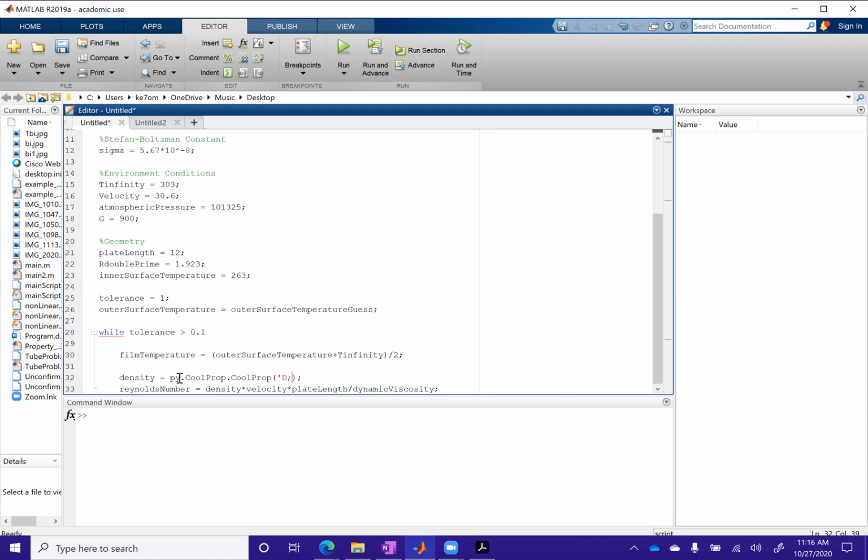Okay, and we're going to go D for density. We want the density. Then your first known is, in this case, pressure, right? Atmospheric pressure. Your second known would be your film temperature, and your fluid is air. Velocity is defined, plate length is defined, so dynamic viscosity